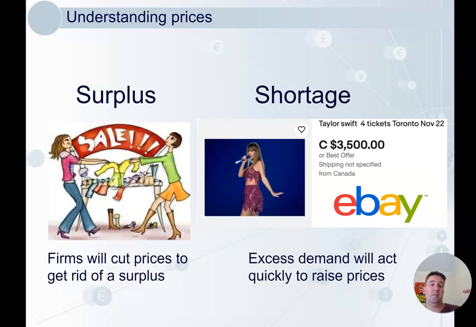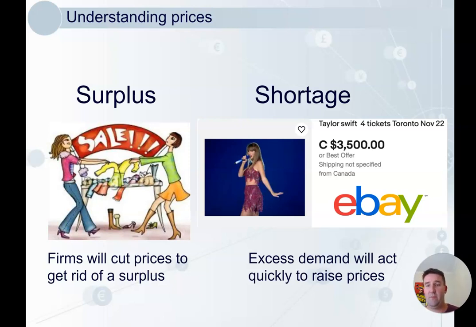So we'll cut the price to say $50 and we'll move that excess stock, that surplus. And the same way, a shortage, I think any sort of auction situation is a good example of what happens when there's a shortage. So eBay,